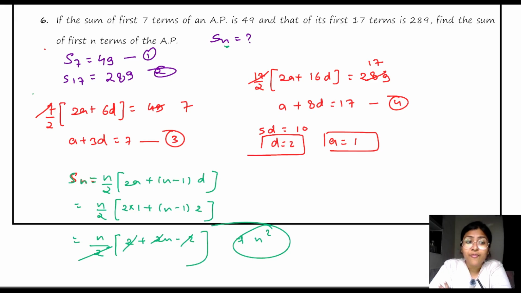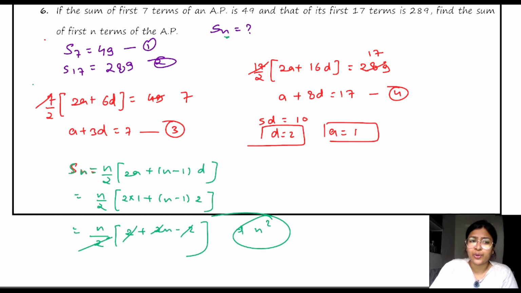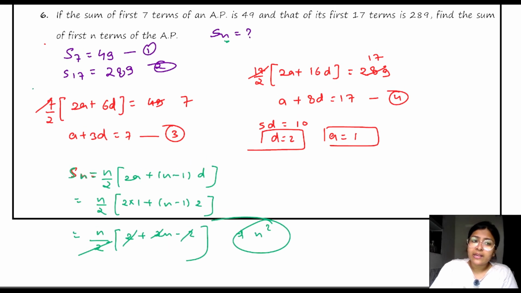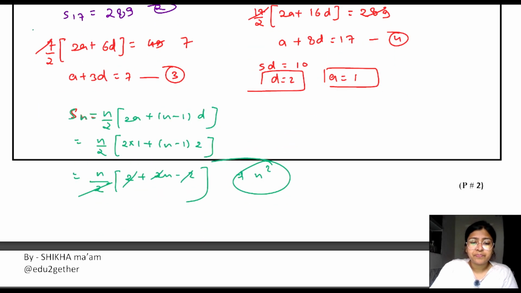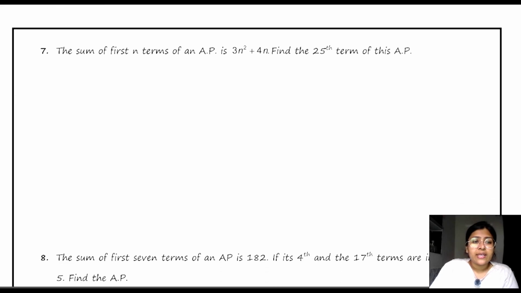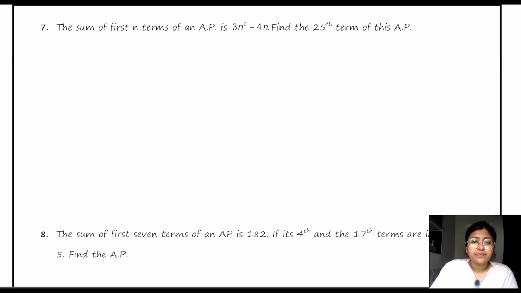This is the sum of odd terms of an AP. We already know the sum of n odd terms of an AP. General formula is n square. And sum of even numbers is n into n plus 1. And the sum of all natural numbers is n into n plus 1 whole upon 2. I think I already told you this, but at the end I will also explain this. Now try this question.